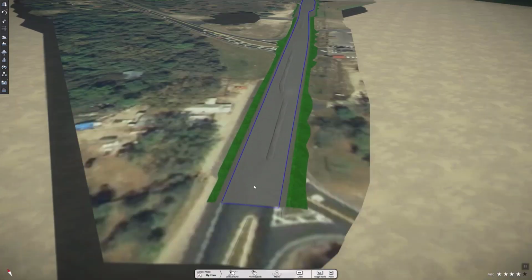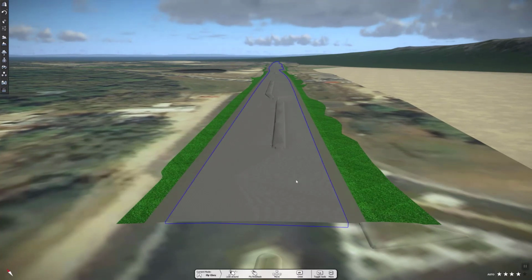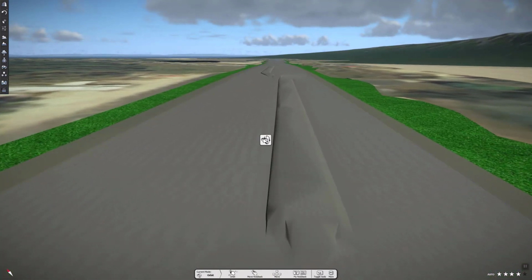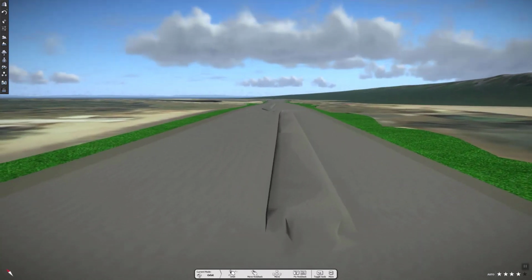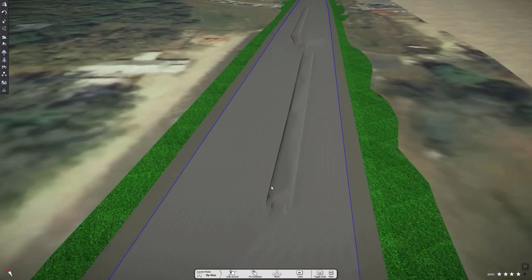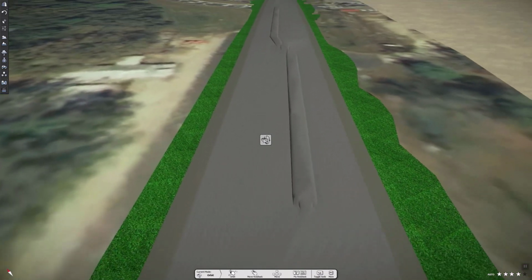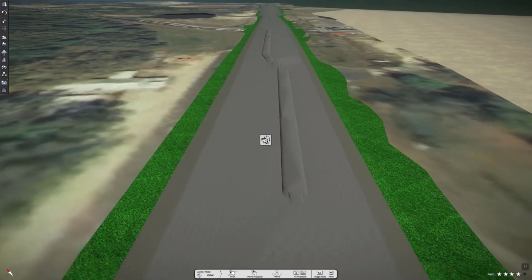So now we can see our proposed model on top of things here, and obviously there's some issues. This is what the reviews are good for, and say, hey, there's a traffic separator in there that we missed. Apparently we're milling and resurfacing over top of the traffic separator, and it doesn't look right. What it really needs is probably some pavement break lines in there to clean that up better.